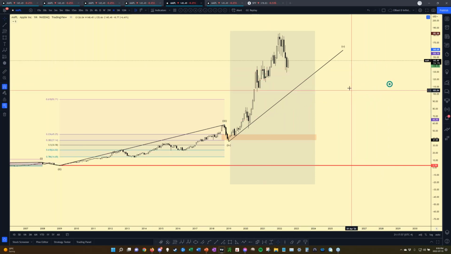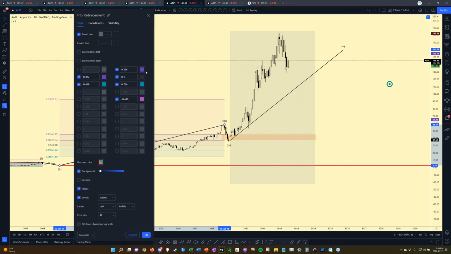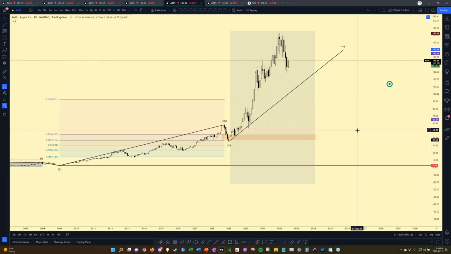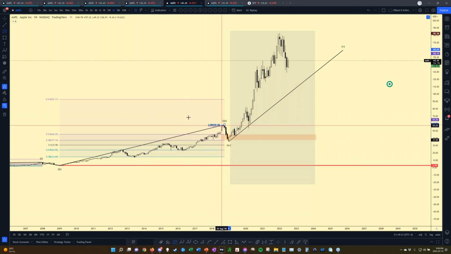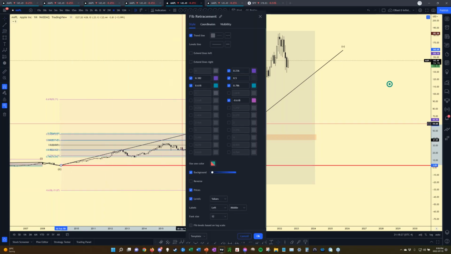Okay, let's remove this one. And then you have the extensions of this wave. And those extensions should meet at the exact same level that we said. So I'm just gonna draw a new one, just because I don't want to re-click everything, and I'll just draw it backwards, so from here to here. And I know that in TradingView, it's gonna give me